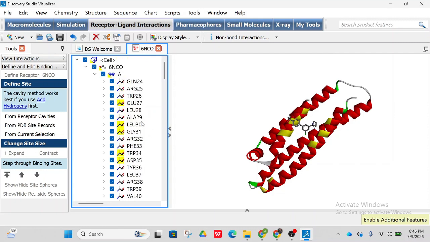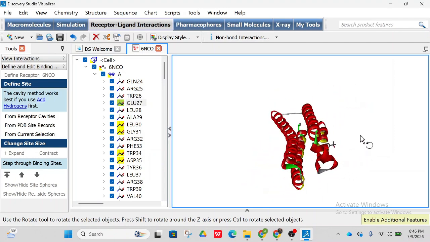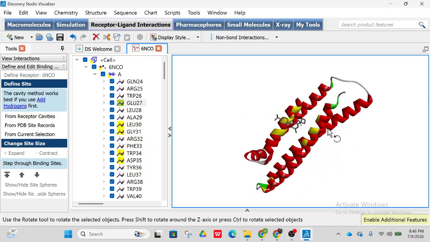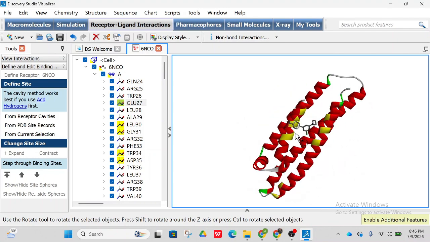You can also verify this by deselecting: hold Control and select this. Here you can see that this part is not selected now. Then again, click with Control and left click on the mouse. Here you can see that these specific residues are selected. So this is how we can detect how this specific ligand binds with the specific residues